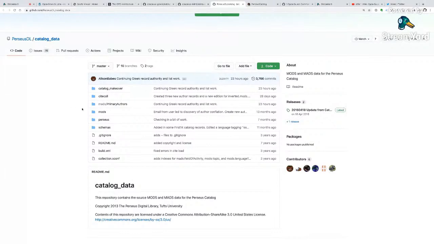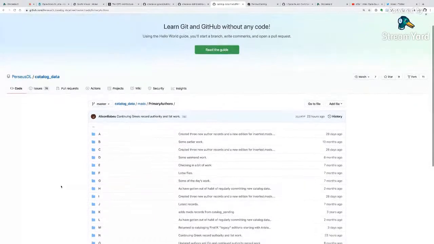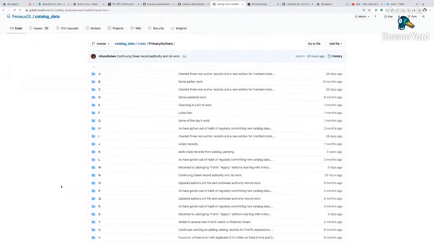And in particular, there are two important folders: MADS primary authors, which is a folder about catalog authors, and you have files in the MADS format, the Metadata Authority Description Schema, which is a particular library XML schema for metadata about, in this case, classical authors of Greek and Latin literature. Here you can see very briefly the subfolders, in this case arranged by the first letter of each author of the Perseus catalog.